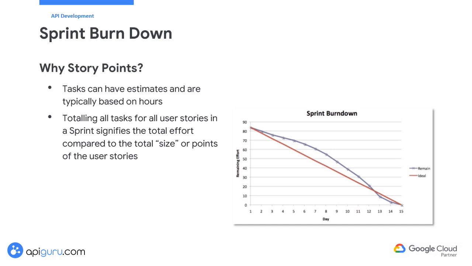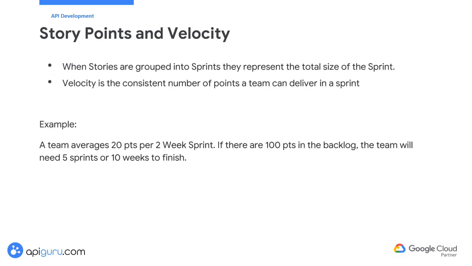When stories are grouped into sprints, the total size of the sprint is simply the sum of the story points representing the planned velocity. The team's performance in past sprints typically informs this planned velocity. Velocity is a key metric for the team's productivity, indicating the number of points they can deliver in a sprint. Over time, as the team establishes a track record of completed points, they will gain greater confidence in their ability